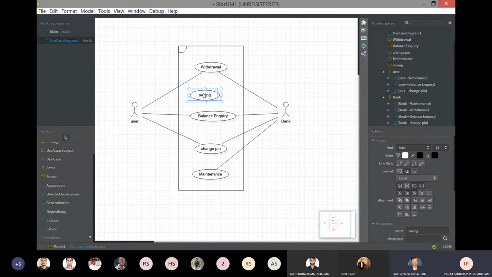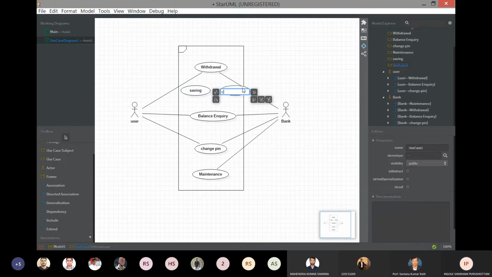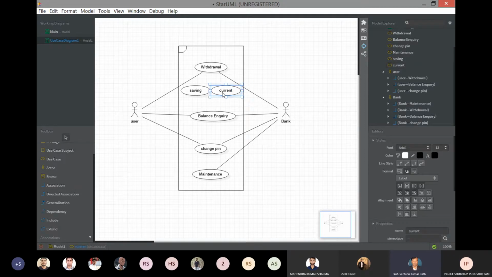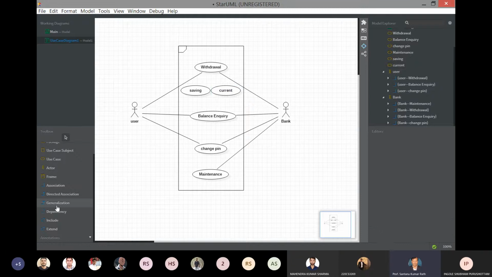I am creating here two use cases. First one is savings, and the other one is the current account. And both these savings and current account will be connected as a generalization. It's a relationship.